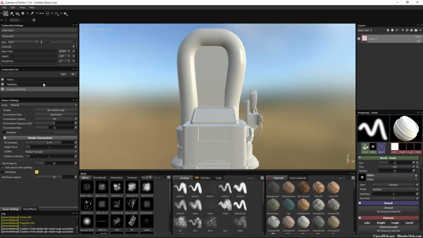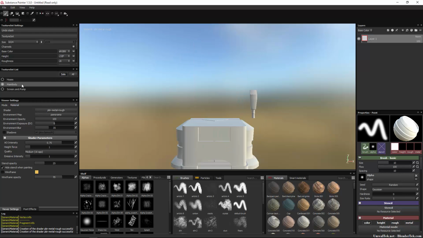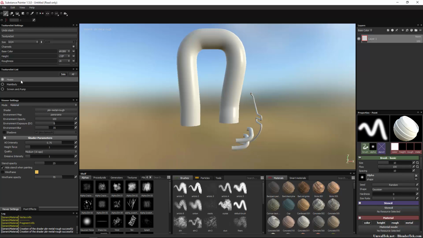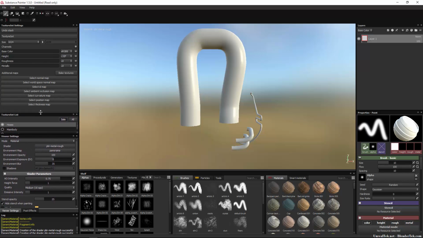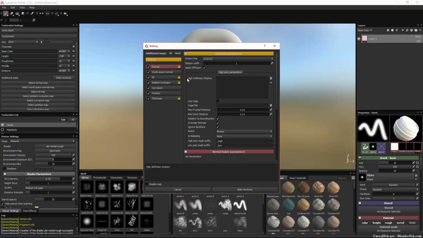So we have three materials: the screen and pump, main body, and hoses. So we're going to bake the textures for all three of them. So we're going to select hoses first, and we're going to hit bake texture. First, we're going to add our emissive map because we want this one to glow. So we're going to bake textures, and like I said, we're going to bake all of them for all of them, and we're going to choose